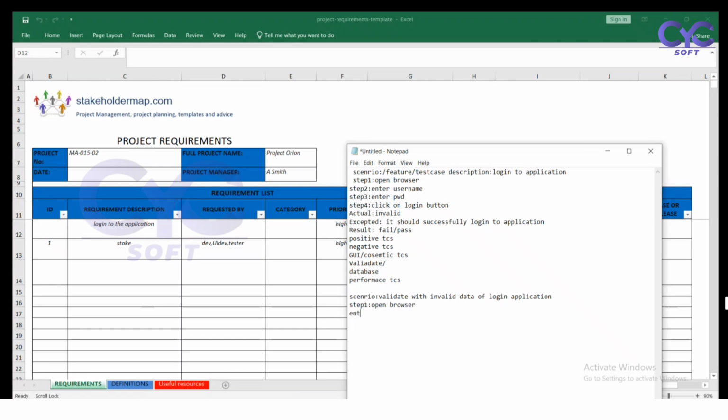Enter invalid username, enter invalid password, click the button. So what I'm expecting here,